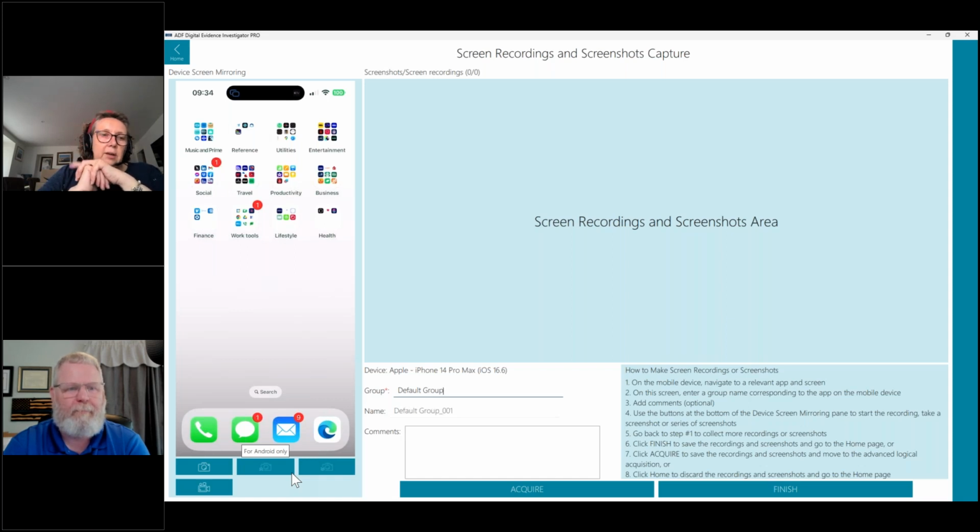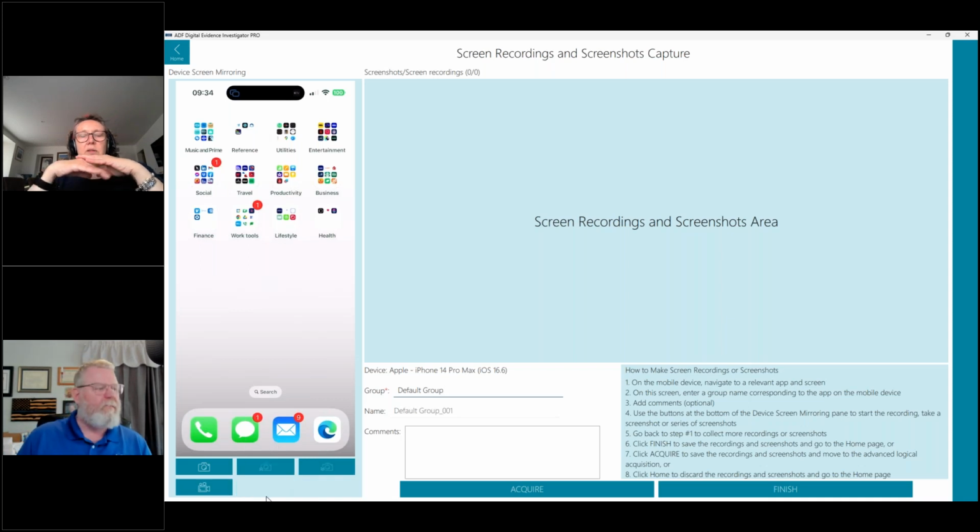The good thing about our tool is that we also OCR, optical character recognition. So we process the screenshots and the videos that we get so that you can word search them afterwards. Now, it's not 100% accurate. OCR never is, but it's a lot better than manually having to read every page you've screenshotted or look at everything in the video.